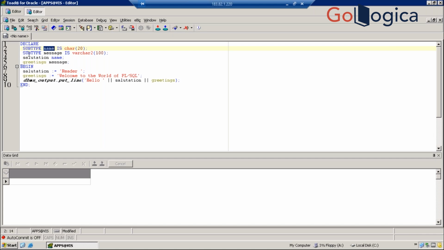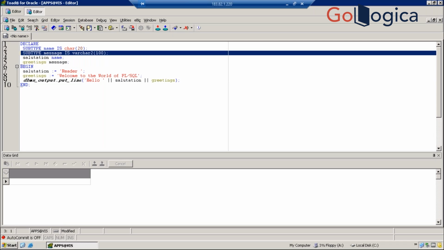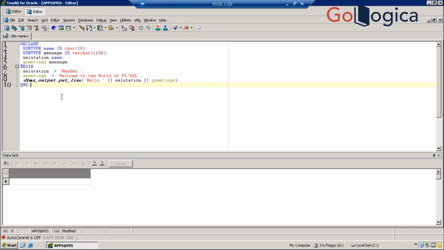Then I declared a subtype message of VARCHAR2 of 100. Now salutation: what is the data type of salutation? Name, so you used it. And greetings: what is its data type? Message. Message is nothing but the statement. Understand? Yes, sir. So now if I execute it,